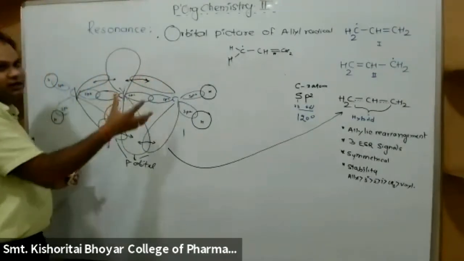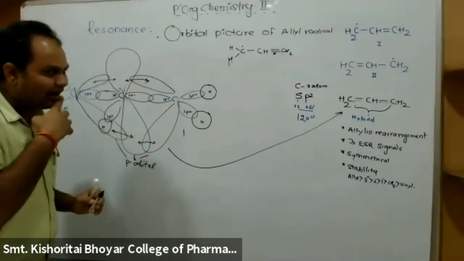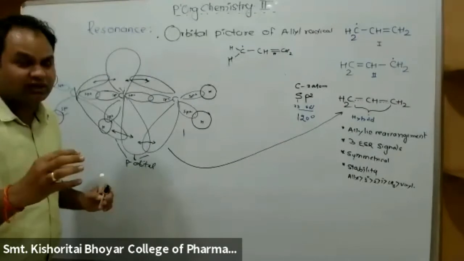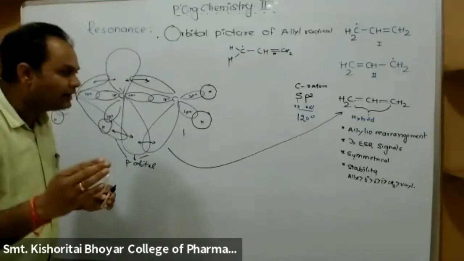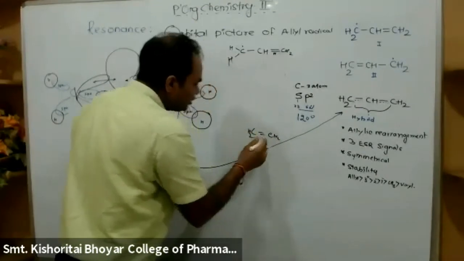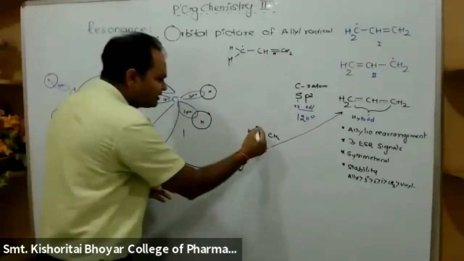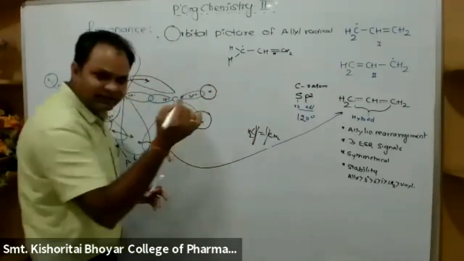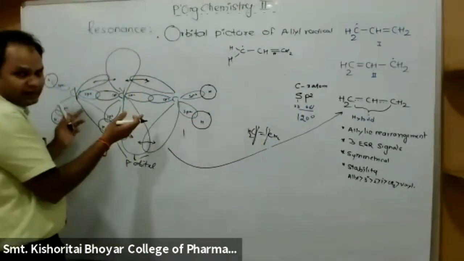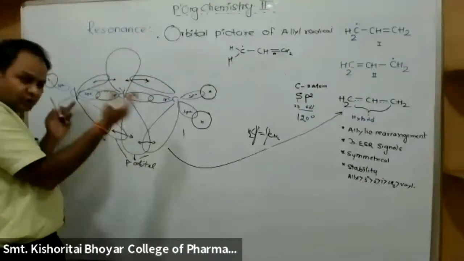Okay, so this is called as what? This is called delocalization of pi electron. In the case of ethene, you don't get such a thing, because the movement is restricted and there are only two nuclei. Here there are three nuclei. Okay, pi electron may bind with more than two nuclei.